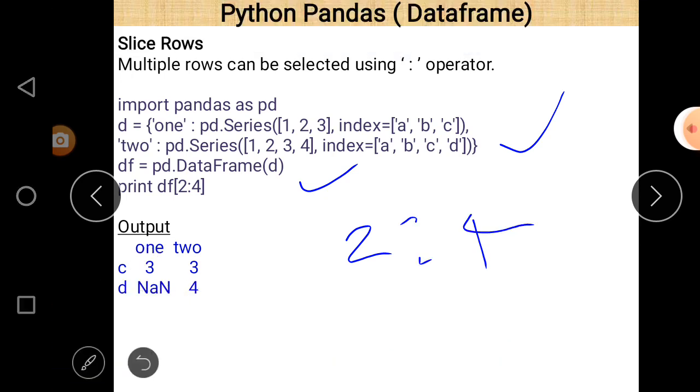This is the slice. As we know, index positions start from 0, so the first represents the row. So 0 1 2 and 0 1 2 3 4, these are the rows, and for columns again start from 0, 0 1 2 3 4. We actually discussed slicing in our previous lecture, in NumPy. As far as slicing is concerned, the concept is the same as what we discussed in NumPy. So after slicing you get this result, 2 4.